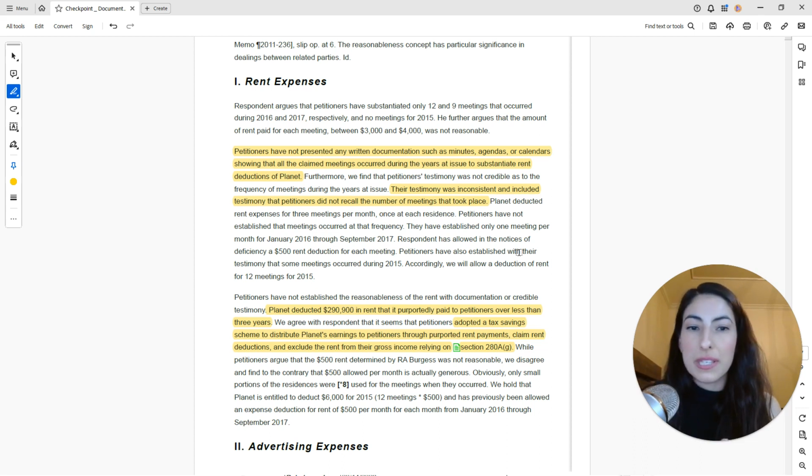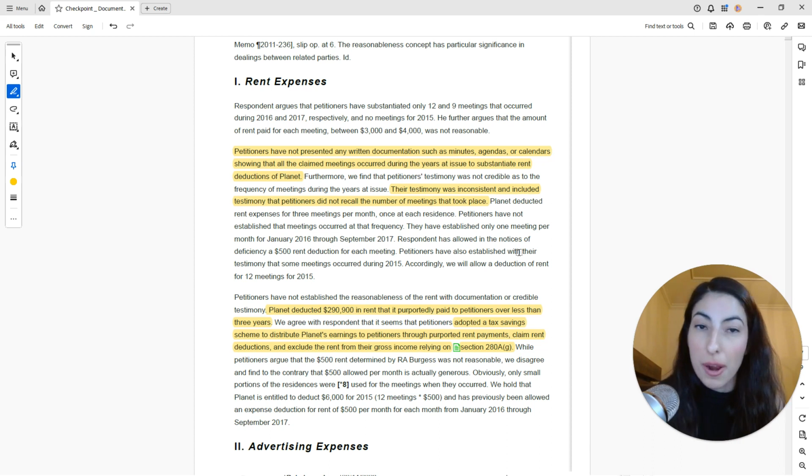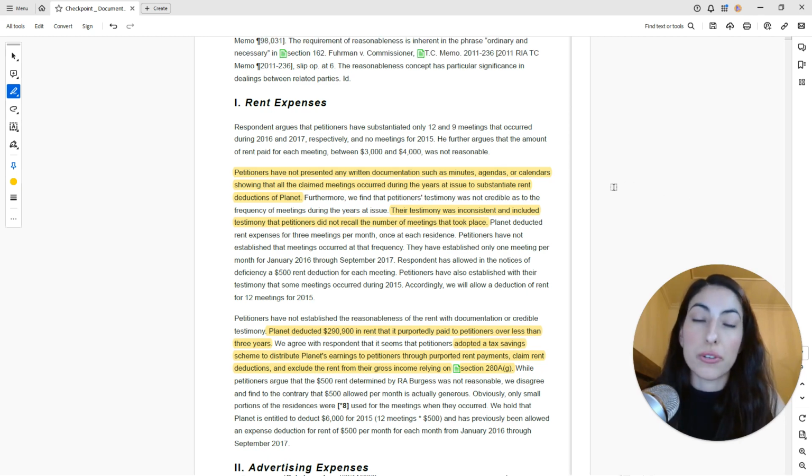And then finally, I always view it as this goes back to implementation, right? So if you're going to do it, hire someone to do the implementation. That's the hard part. It's not coming up with the ideas. It's making sure the ideas are executed properly. Those are my 3 points. This is similar to whenever you're dealing with anything with the IRS. You want to make sure it's done right.